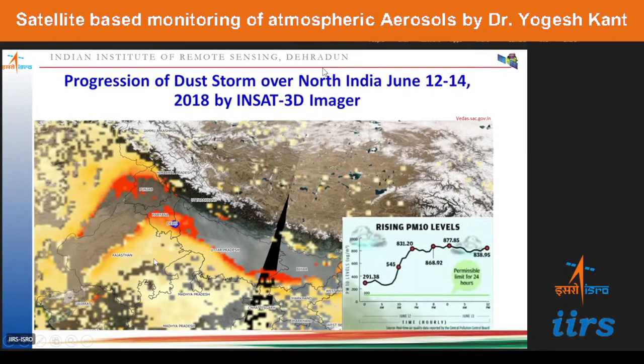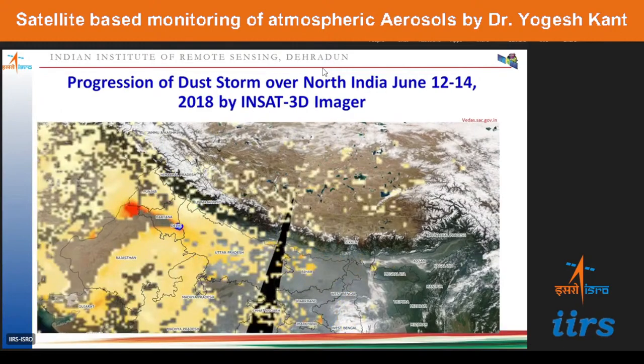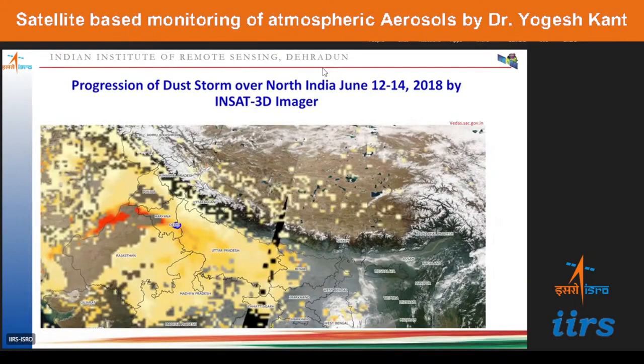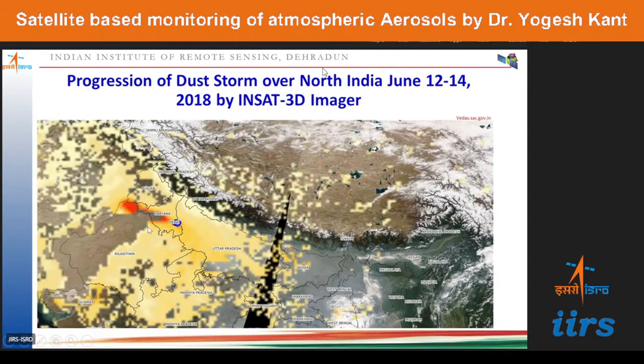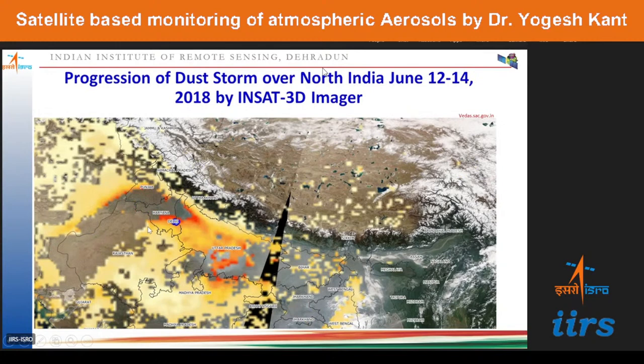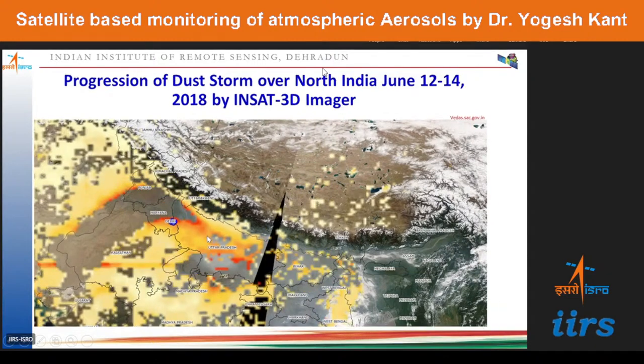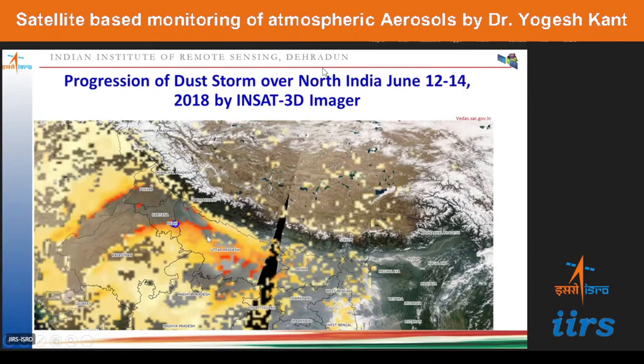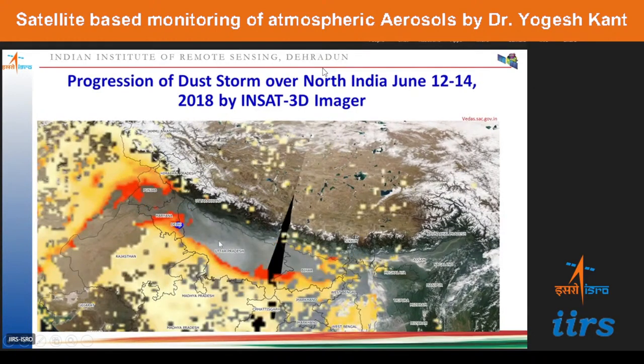So you can clearly see that it has spread from the western region. It has come from the far west and entered the Indian landmass in the northern region, and as time progresses, due to the high winds, this dust also progresses toward northern India and particularly over the Indo-Gangetic plain. And now it is very high over the Punjab, Haryana, NCR region and eastern UP, and then slowly it proceeds further and goes to the central Indo-Gangetic plain and to the eastern